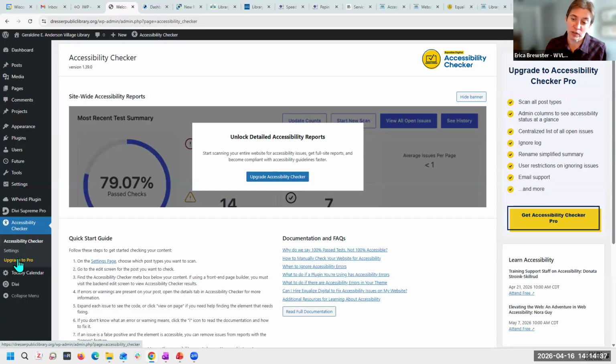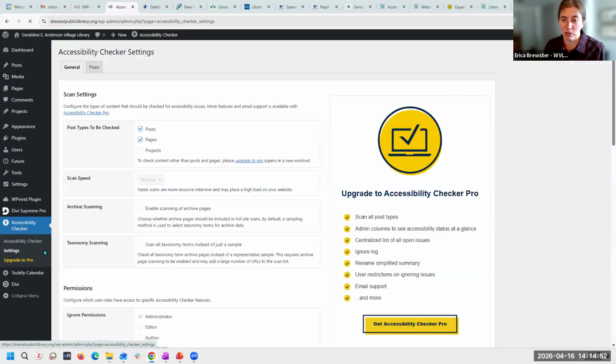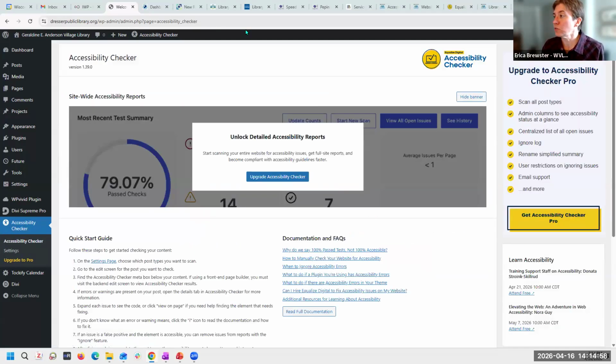What it will show you is that it creates a new item in your menus on the black bar on the left-hand side. There really isn't any setup that you need to do. The settings that we're using are your basic settings. What we will do later, and I'm going to quick show you this,